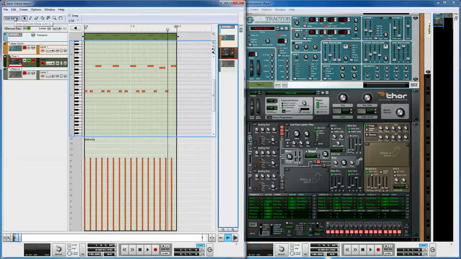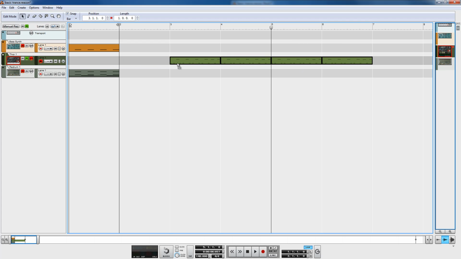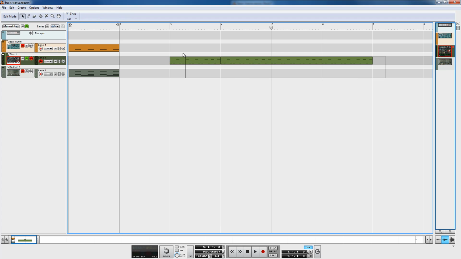All right, cool. Let's mess around. Let's just do a little bit more work in the sequencer so we can get a little more of a handle on it. Something that I like to do when I'm making a trance song is make a really basic melody like this, then copy and paste it so that we've got maybe four of them. Then you can either right-click and hit Join Clips, or just hit Control-J. And that joins them all into one